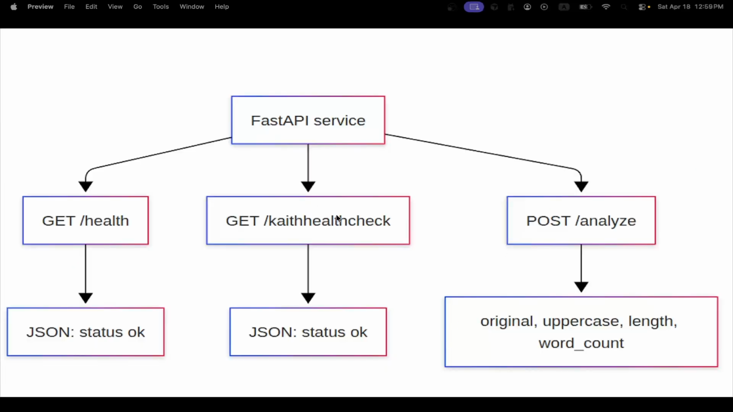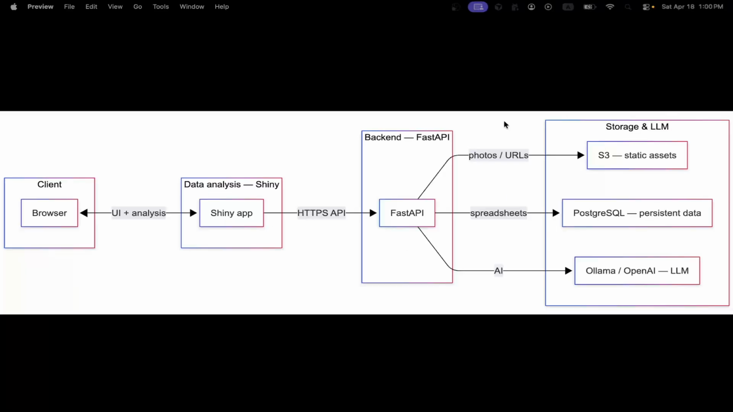The FastAPI server is simple. It just has 3 endpoints for educational purposes: /health, /chi, health check, and then /analyze, which does some basic processing on the text. We are using this architecture because in the future, we want to extend our FastAPI server to connect to static assets with S3